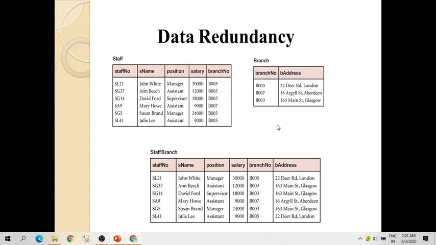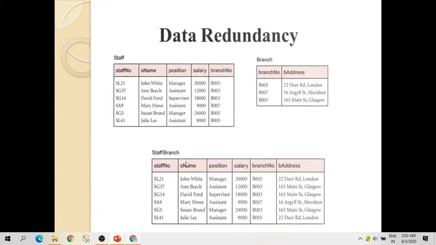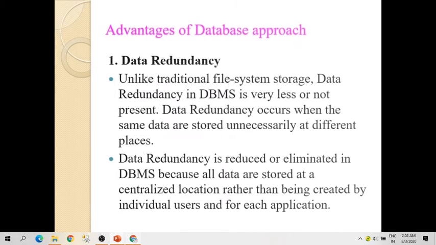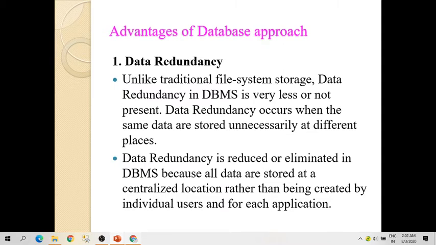So the information we have in the staff table, we also have in staff branch, and regarding branch and address we have it in the branch table too. All these three tables contain the same kind of information, so that kind of unnecessary storage of data in different